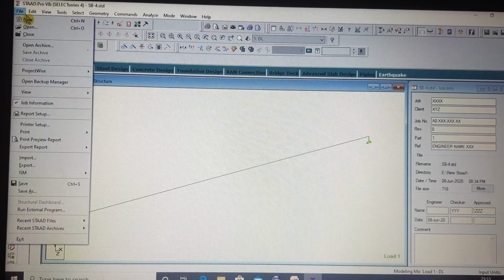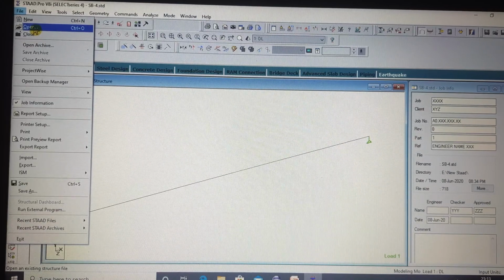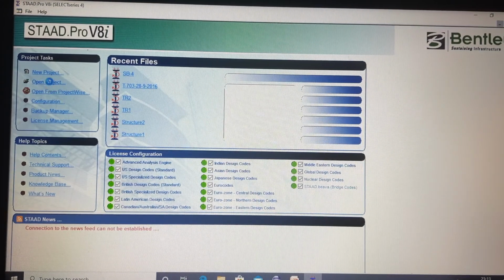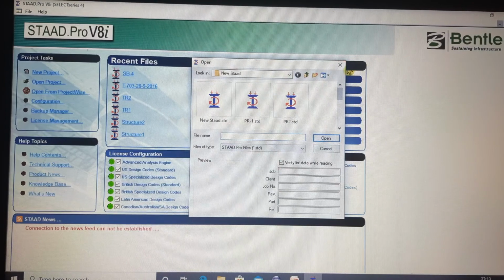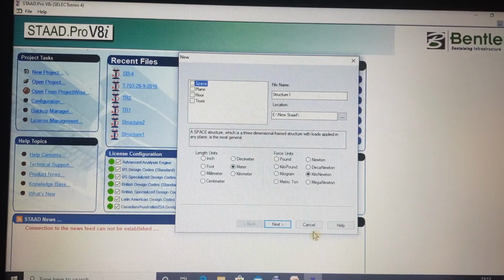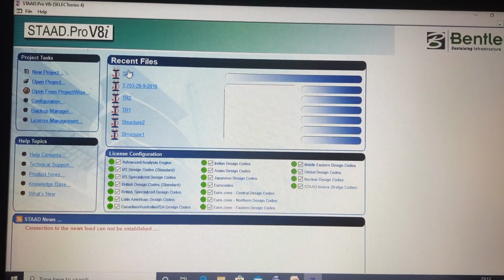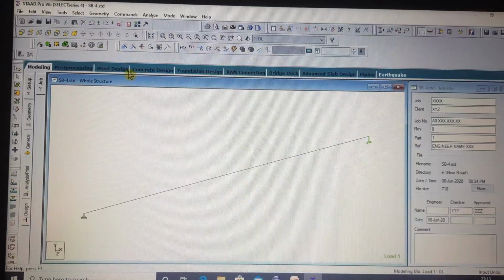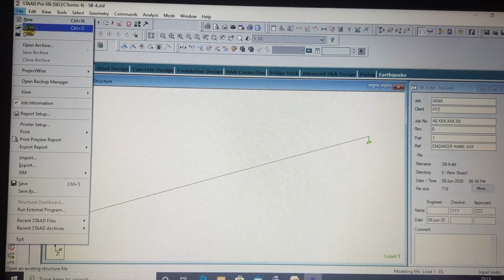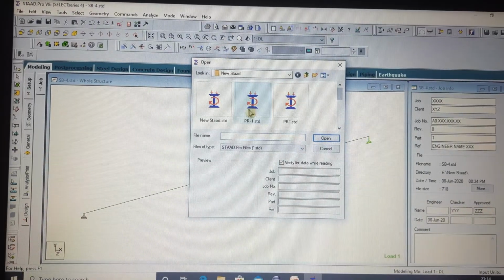If you look at the open button, this is also similar to the open project button in your project browser. If you close this, you will get the same functionality. With the help of this button, you can open any STAAD file which you have saved earlier in your directory.